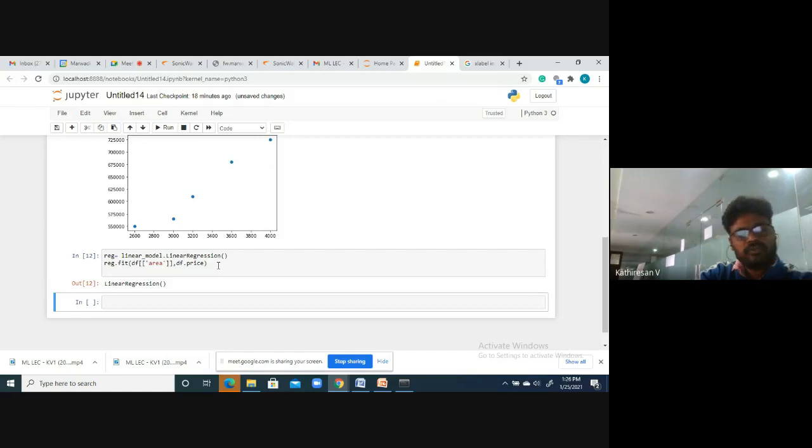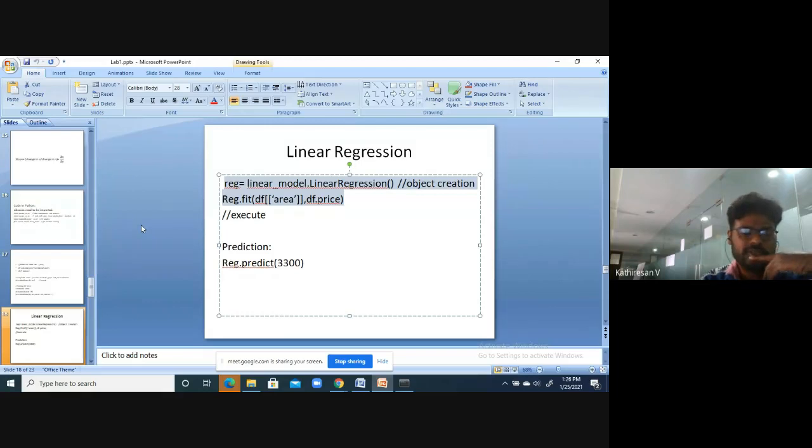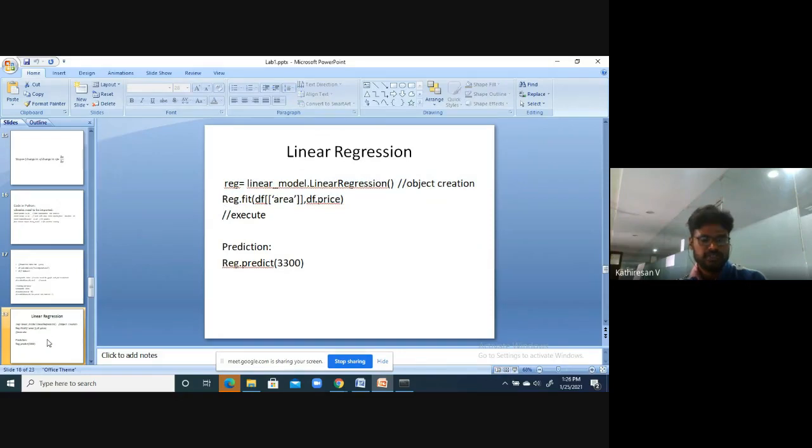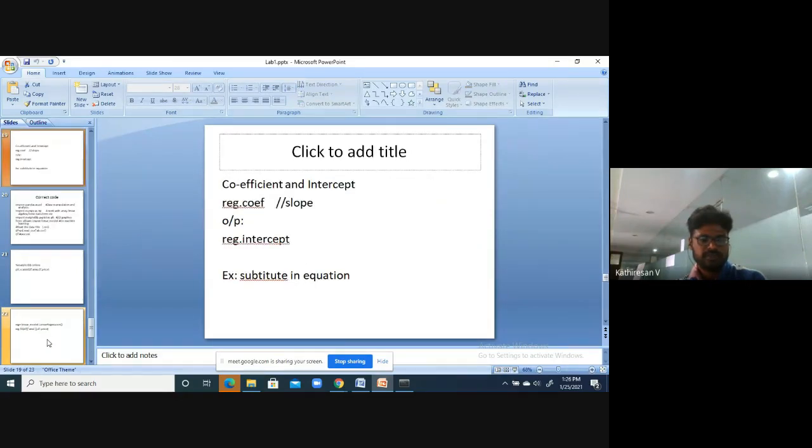Now all the things you have done. See, in order to do the prediction you need the slope and coefficient value, right? That's what we discussed in the last class. To complete the prediction you need two values: one is the coefficient and the other is the slope. To get the slope and coefficient, you have to use this reg object.